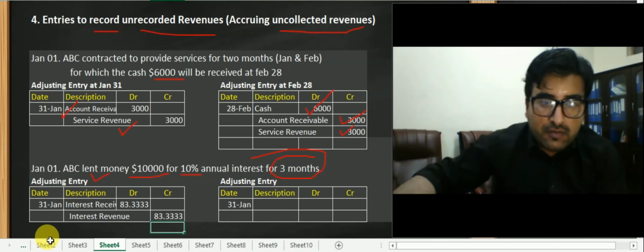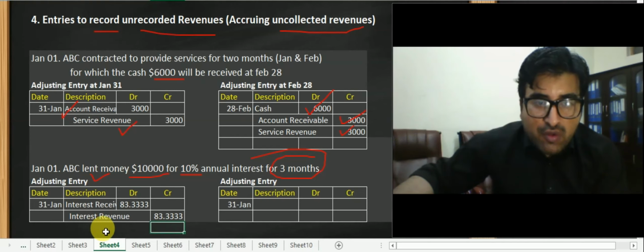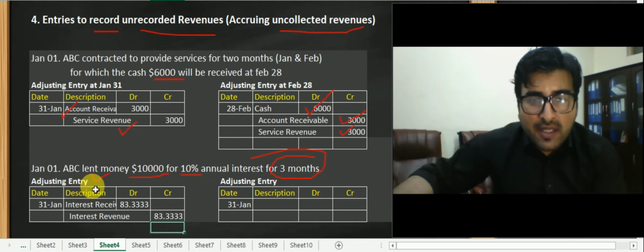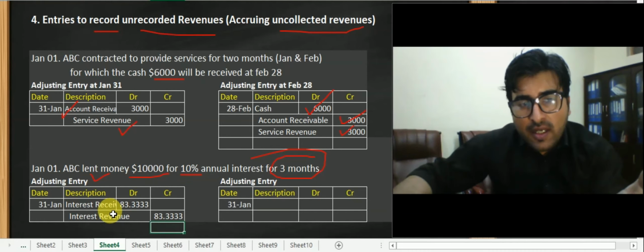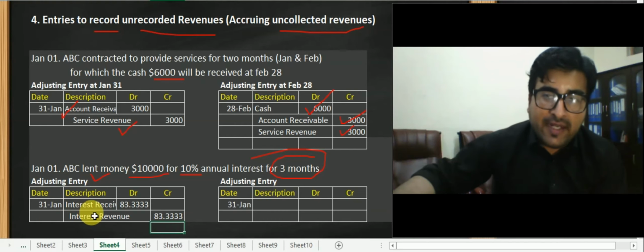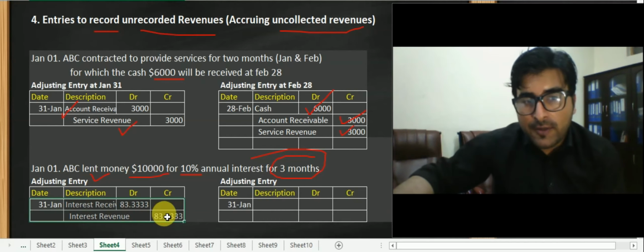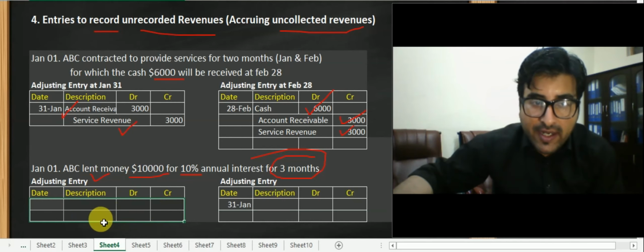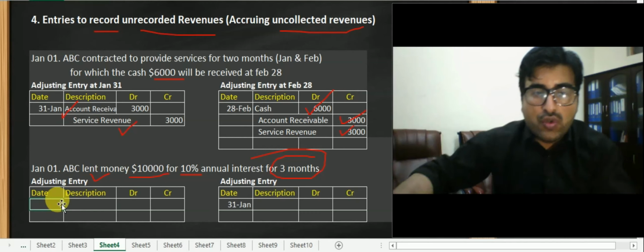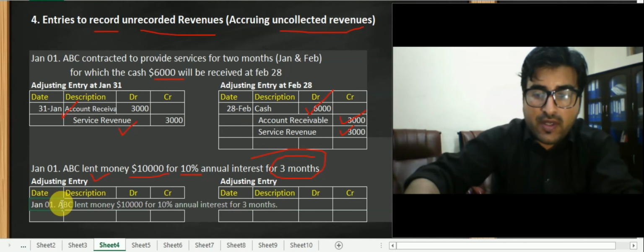Okay, so that is why you have lent. So ABC lent money at $10,000. So I'm just here directly recording the entry of January 31st for interest. But if you want to record this, the first transaction, because January 1st you are lending money, so what you should do, January 1st,